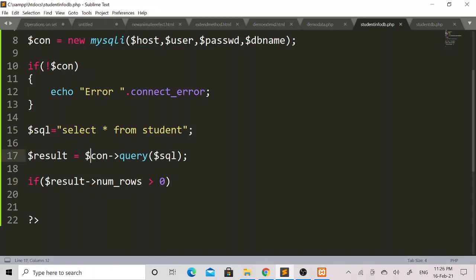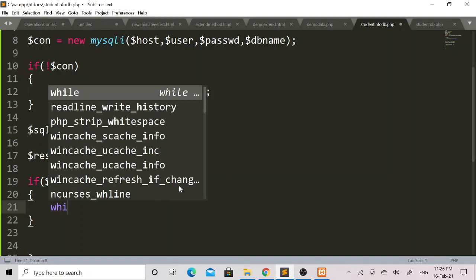Here I have set the fetch value to this $result variable. Now if there are some rows in this $result variable, this condition will get true. So if this condition is true, using while loop I will fetch one by one row of the student table.